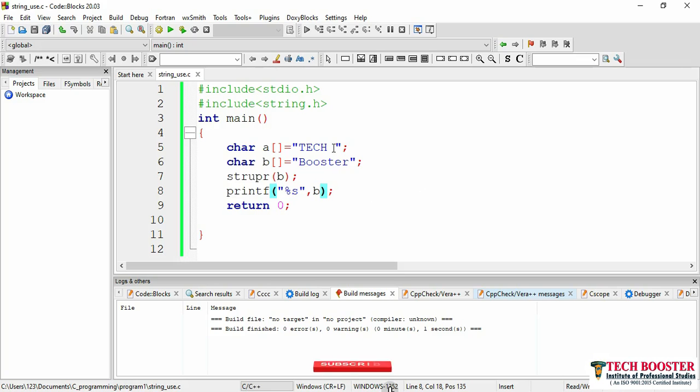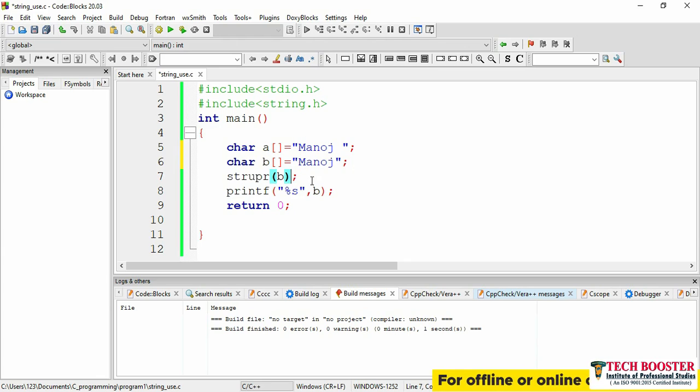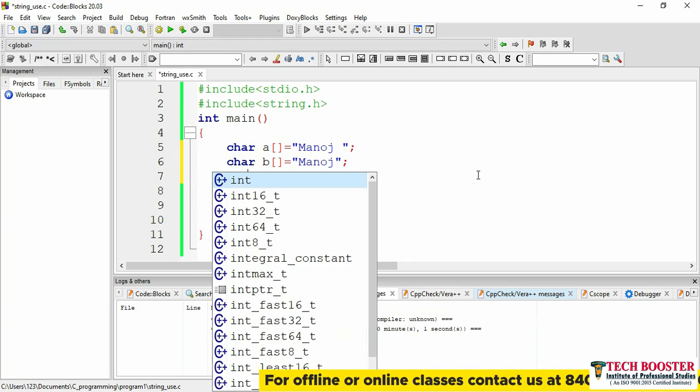So here in this case, I had considered take, let me consider Manoj, M-A-N-O-J, and again I'll consider Manoj here. So I am comparing two strings A and B, and both of my strings are same. So let me just consider another variable, because my output will be an integer.